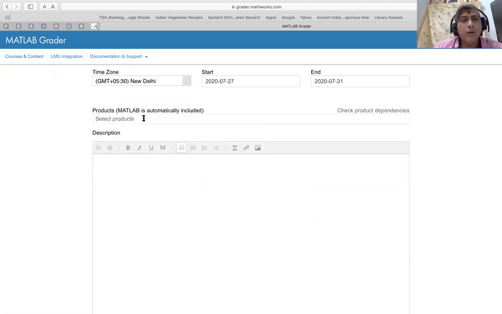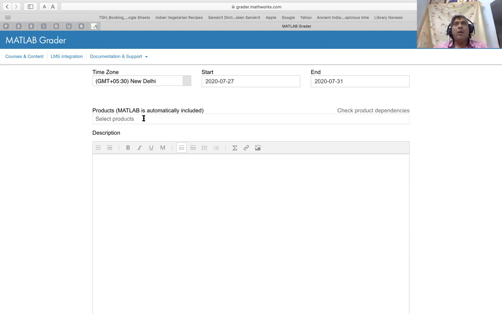Then we are required to choose the MATLAB products that are going to be needed for running the code. In this case, simple MATLAB should be sufficient. But on many other occasions, you may have to choose specific toolboxes such as curve fitting toolbox or control systems or signal processing toolbox and so on.